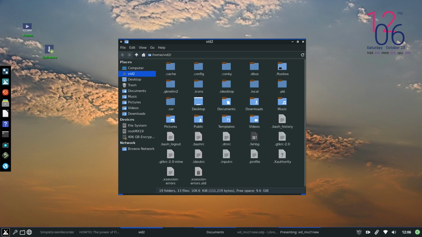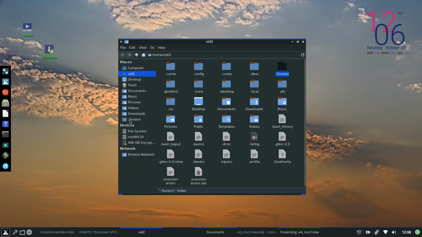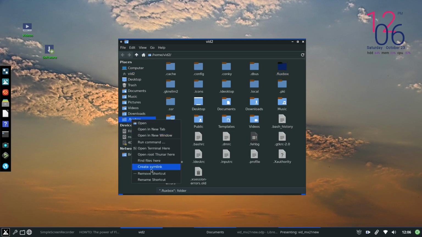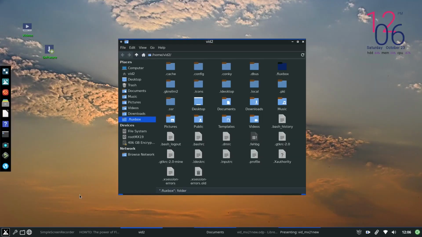Now they're all visible. I use this so much that I have a little trick I like, is that I send to the side pane as a shortcut. Now it's over here as a shortcut, and I rename the shortcut to make it look right. Sorry. I have a very sensitive touchpad, so rename shortcut. Fluxbox, and then I'm going to slide it up right underneath trash. Good. So now we've done that, but we're not going to actually find